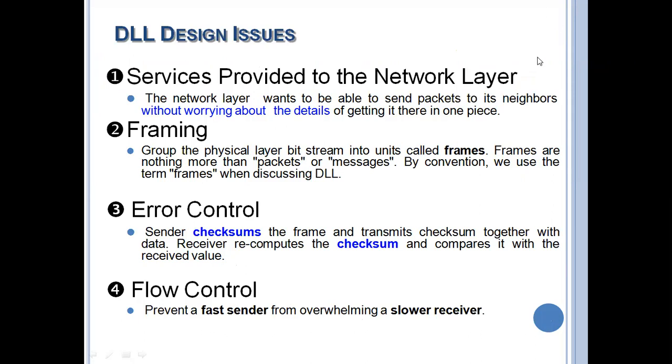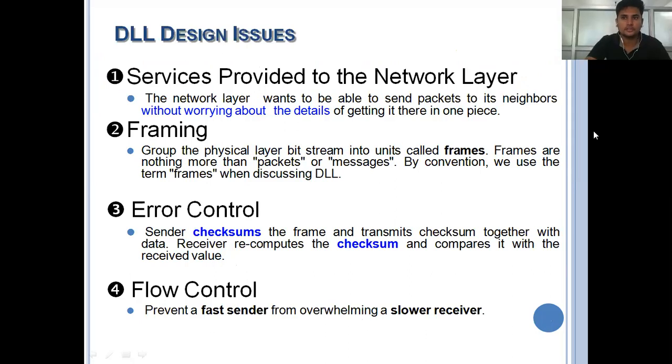How it provides different services to the network layer was discussed in video number 1. Later, in video number 2, we discussed how framing is done by the data link layer, including bit stuffing and character stuffing. In video number 3, we successfully completed the framing concept. Next, in video number 4, we covered error control and flow control. So this is video number 17, that is video number 5 in unit number 3, and in this video we will discuss error correction and detection codes.